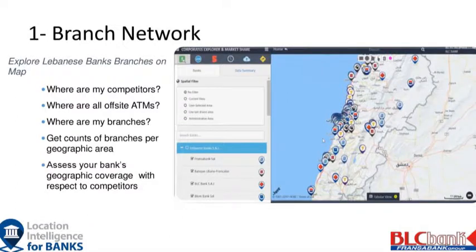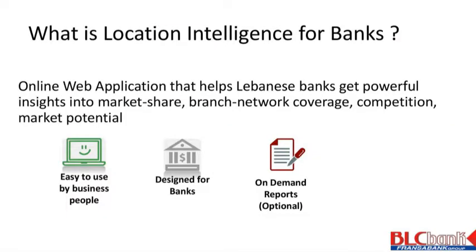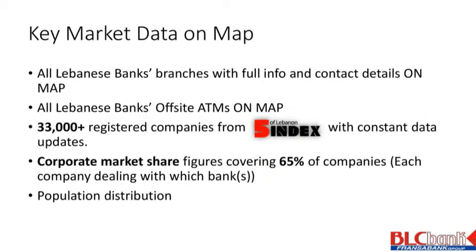Here is how we integrate with GeoMarkets. GeoMarkets, being an online web application, gives powerful insights about the market competition, the coverage, the potential, and the market share. This is something that we use and it helps us a lot. So for example, to demonstrate,